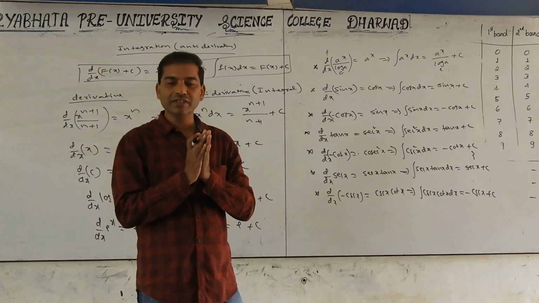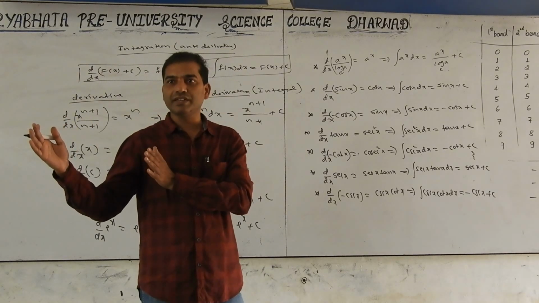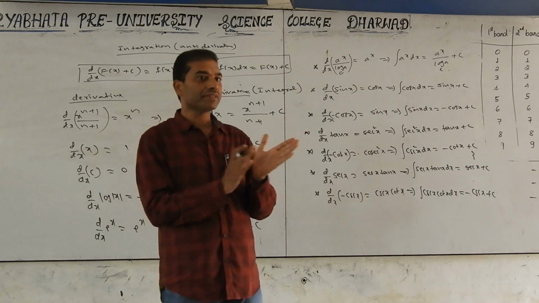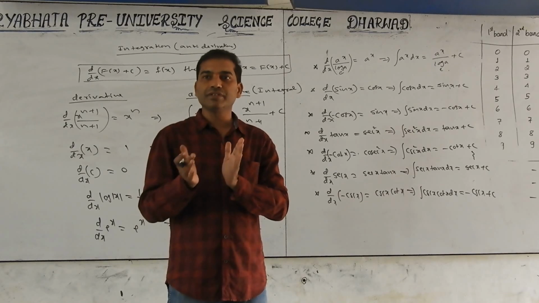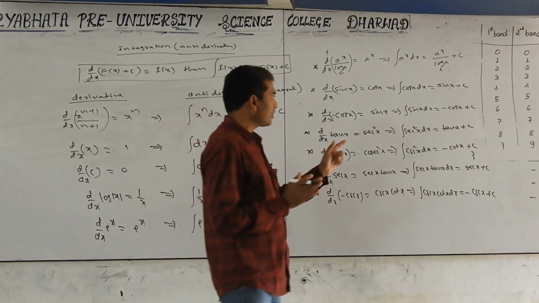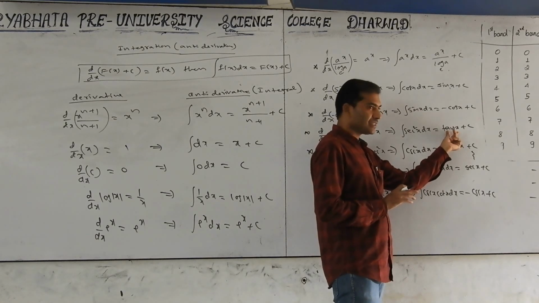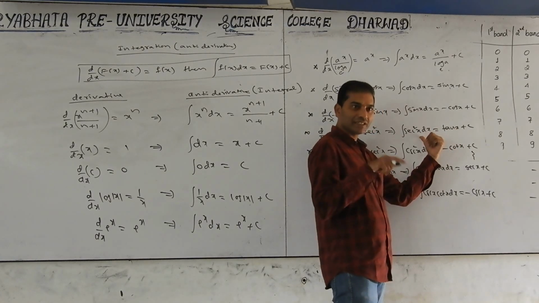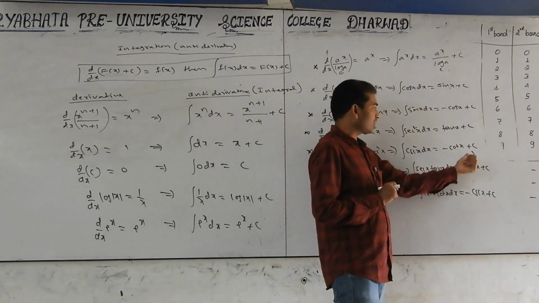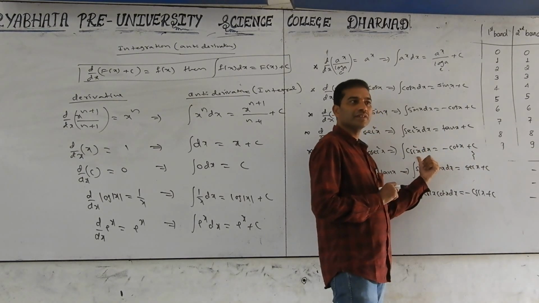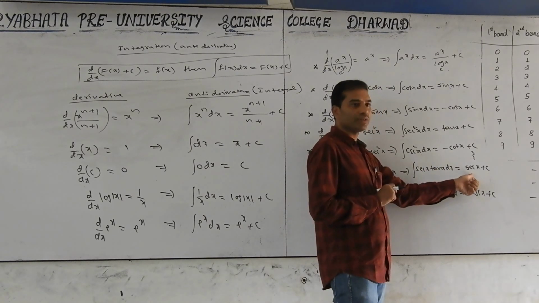Integration concept is different from differentiation concept, because in the family of curves there are slopes of tan types. Are you following? Antiderivative. Okay. Now integration of secant square x is tan x. If you apply the differentiation case, we will get this. Then it is correct. Integration of cosec square x is minus cot x. Now the differentiation of this is cosec square x. So integration of sec x tan x equal to sec x.